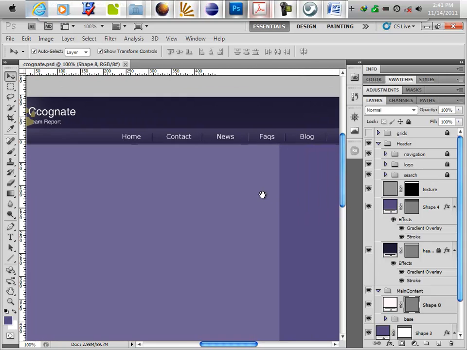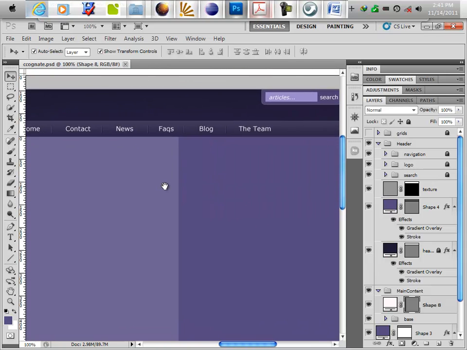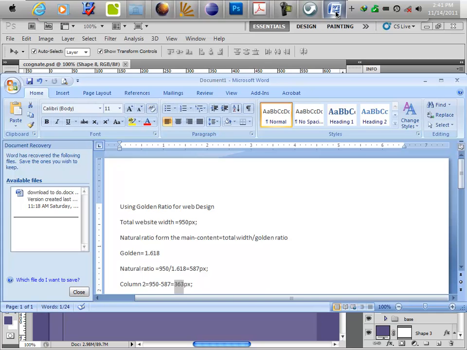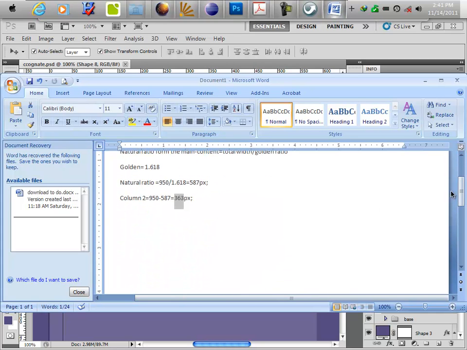So one of the reasons the golden ratio is so important is that, especially when you're adding images and text to your site itself, it's very good for you to use the golden ratio. So I'm going to make a little calculation on the golden ratio. Now we have the main content. We've moved 30 pixels from it. So what we're left with is, go down a little bit, to say